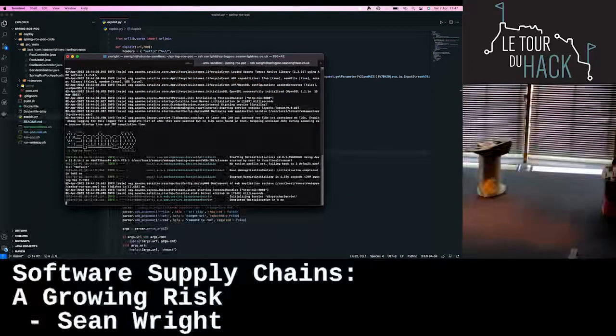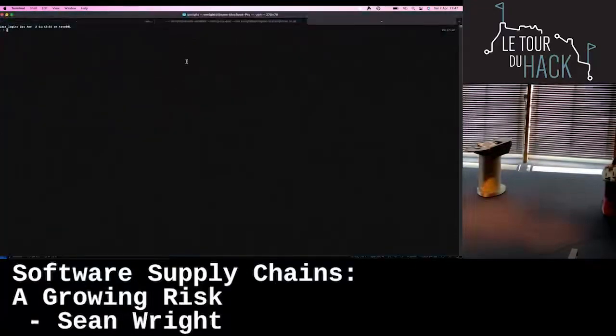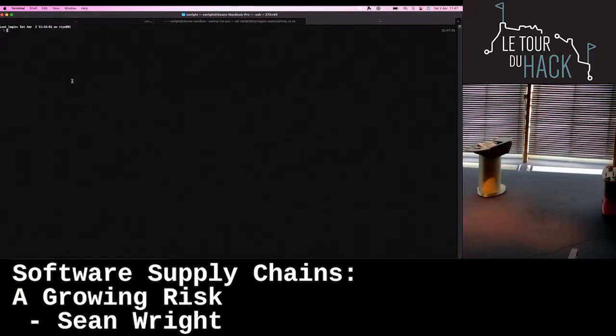So the next thing we need to do is actually run the script. Can anyone see this, or is it too small? Zoom in. Let's try to see how to zoom in. Anyone know how you zoom in on the Mac? There we go. Thank you. All right, is that good? Cool.